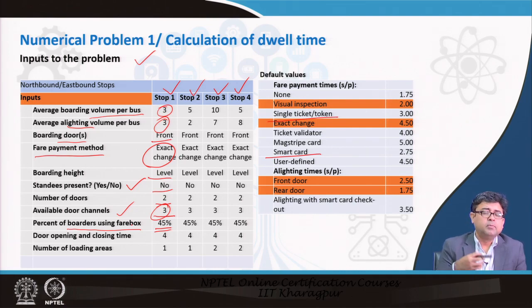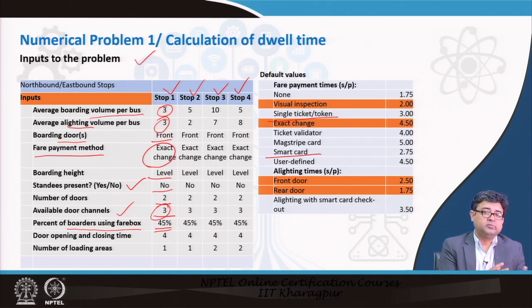box kind of a system, but think about it as these modern POS machines, right. So, there may be POS machines through which you can buy a ticket. If you have a pass, then you just show a pass. If you are a student, if you are an elderly citizen, say for example, maybe the bus ride is free for you. If you are a woman in Delhi, maybe the bus ride is free for you. So, all of those factors act in this calculation of the dwelling time at a stop, right.